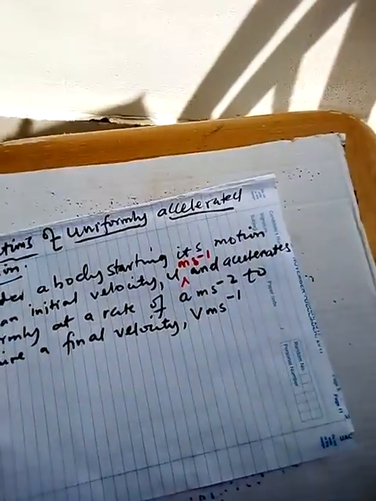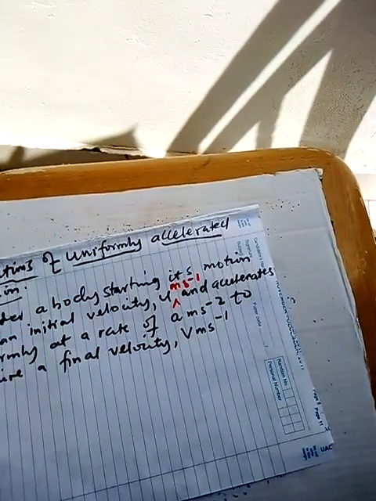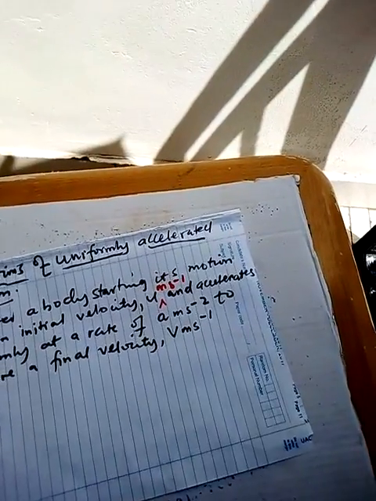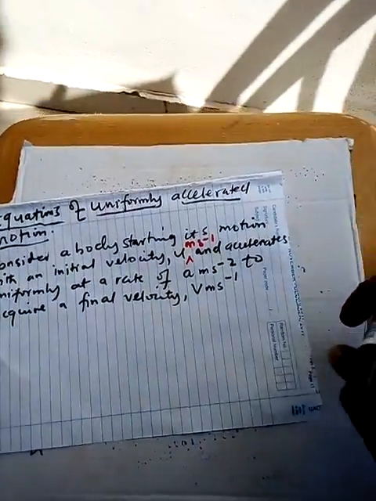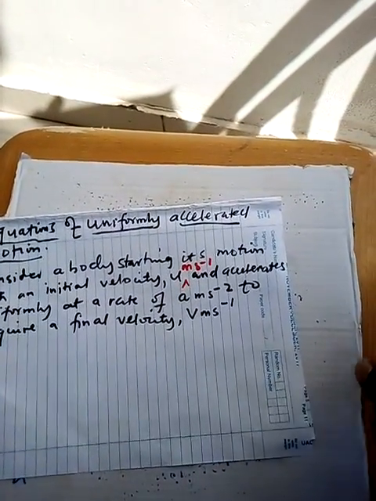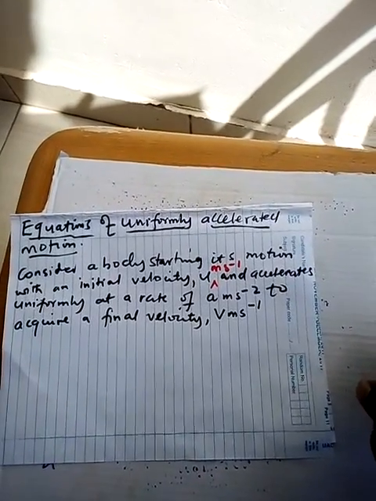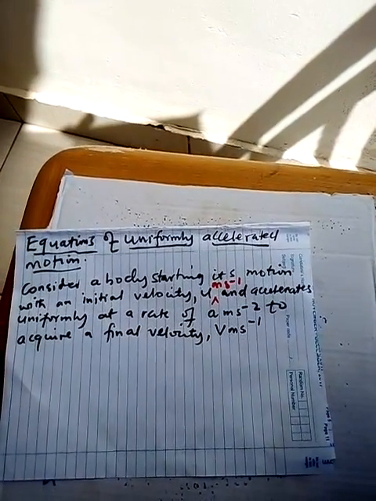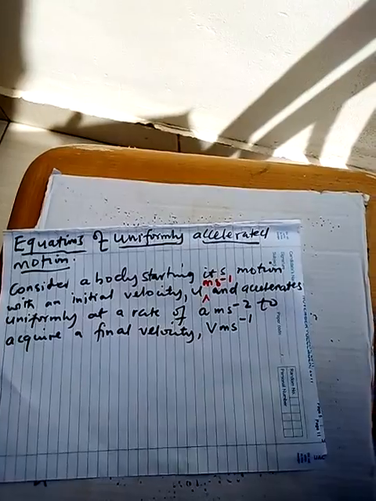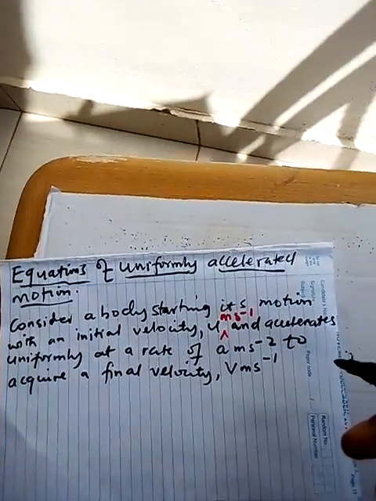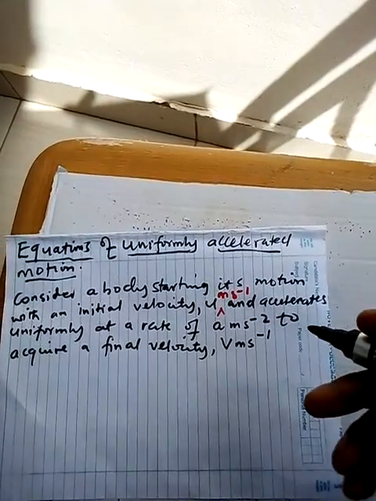Of course, sometimes you find in other books they use capital V, but small v would be better because capital V is an indication of very many terms in physics, for example, voltage in electricity. So we wouldn't want to confuse, though at that moment when you're in motion it wouldn't represent voltage. To avoid confusion, we normally use small v, but if they use capital V, you still need to understand that symbol as per the